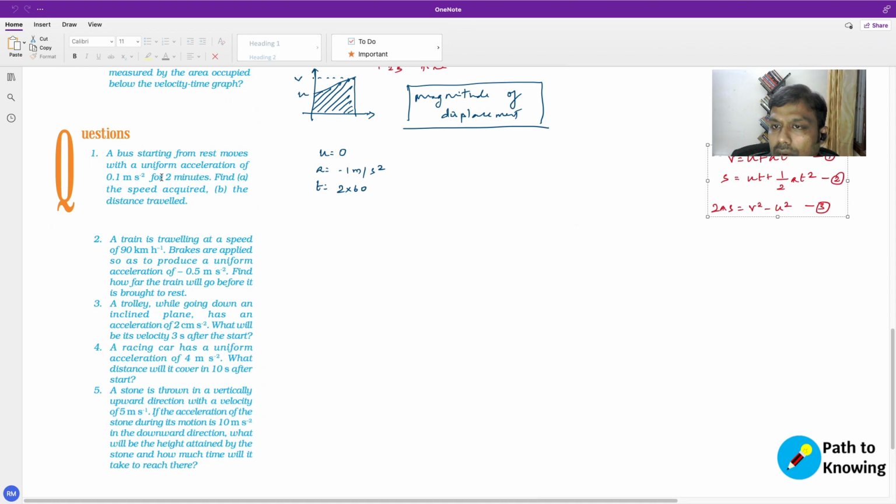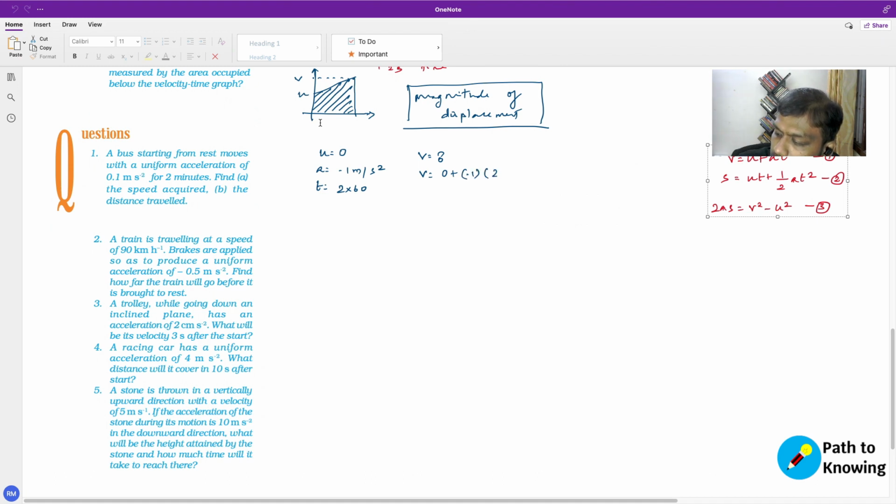Right. Now, what is the speed it would have acquired? So how can we calculate speed? Speed is going to be your final velocity. So v is what? Let's look at these formulas. Which one can we apply here? We can use the very first formula. v is equal to u plus at. So v is equal to 0 plus 0.1 into